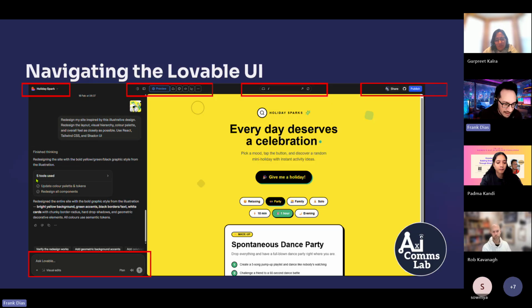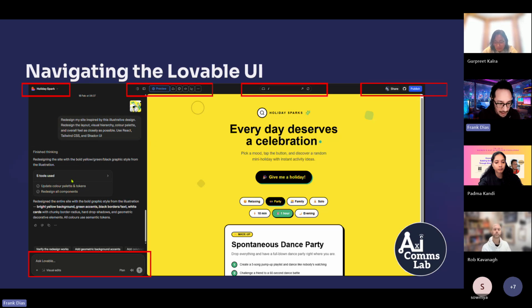The next part within that chat box is visual edits. Now, when you click on visual edits, it then converts your preview page that you can see into all of the different elements that make up that site. So I could then click on, give me a holiday button, and visual edit will put a box around it to actually show me the elements of the technical build about it. And then I can just vibe code or chat with Lovable just about that element on that page. So that's how a user then starts to dive into some of the detail and actually start to unpack some of that as well.